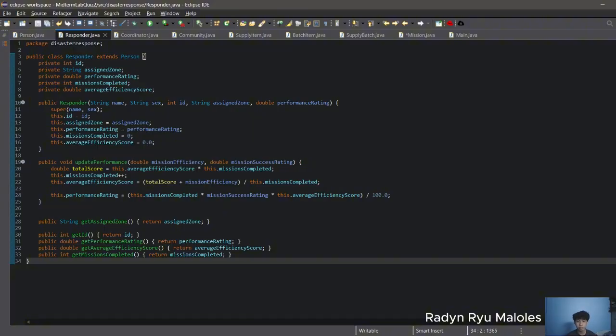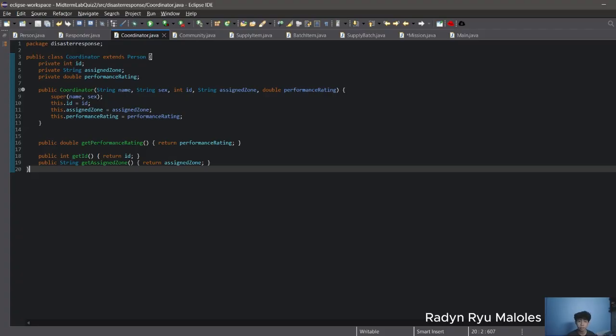Similarly, the Coordinator class also extends Person and is tailored for regional oversight. It contains an ID, an assigned zone, and a performance rating along with the necessary getter methods to retrieve this management data. For a further explanation of the code,